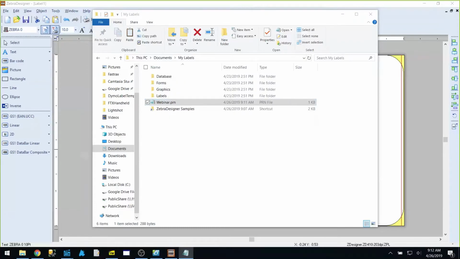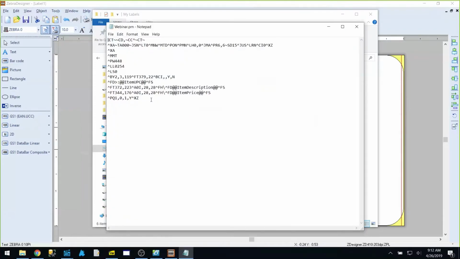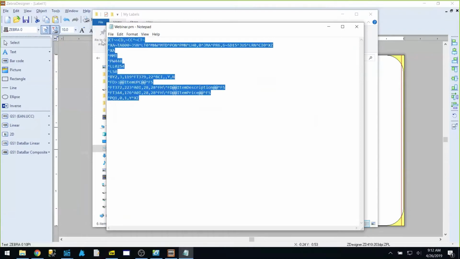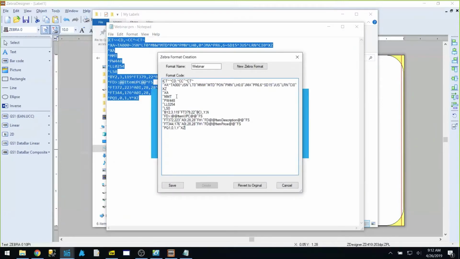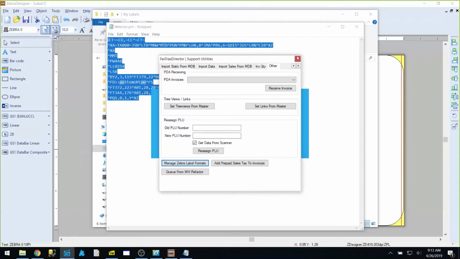And that's going to then open that file, and you're going to get this weird-looking text. And this text is what we actually want to copy and paste into that field in Director, that format code. Once we're done, we'll choose Save after we paste that. It'll give us the message that was created successfully. We want to go ahead and close out of this window,